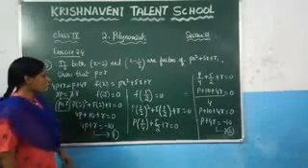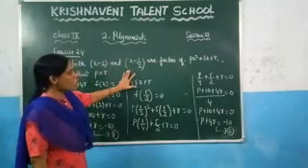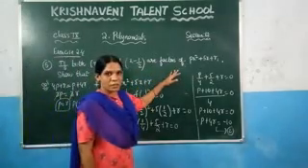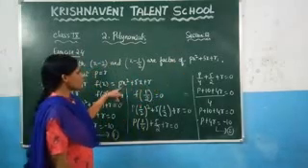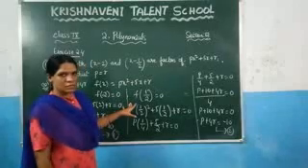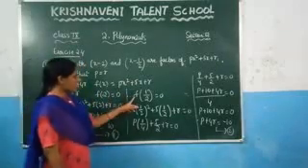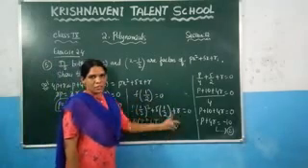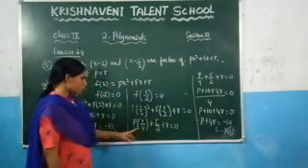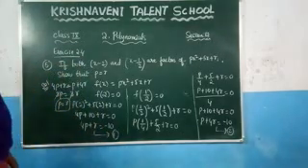So what is the question given here? They said that x minus 2 and x minus 1 by 2 are the factors of the given polynomial. That means f of 2 is equal to 0, f of 1 by 2 is equal to 0. They have given these conditions. Based on this condition we got this equation, and based on this condition we got that equation. Now solving these two equations we got p is equal to r. Now write this problem here.